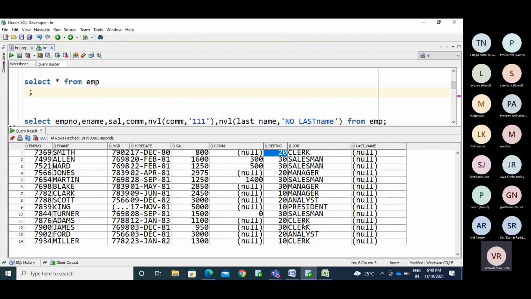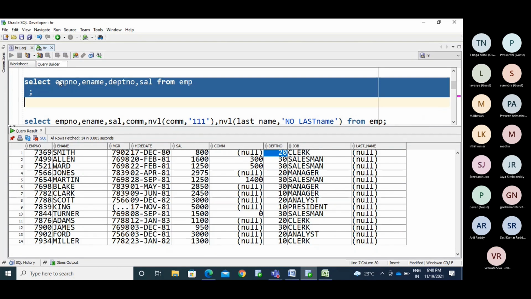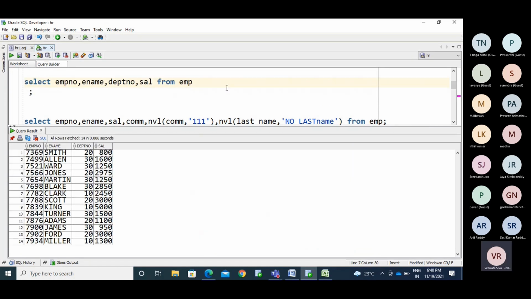If you want to check multiple conditions for a column value, see, now I'm taking only the required columns here: employee number, employee name, department number, salary. So now we have these columns.